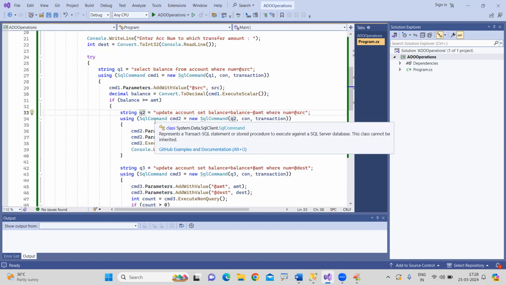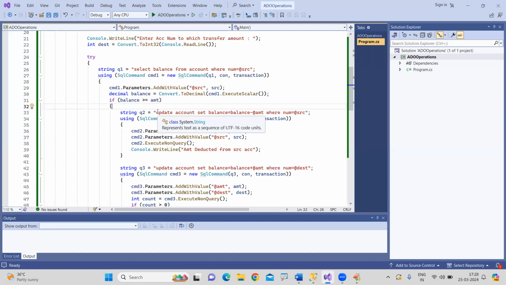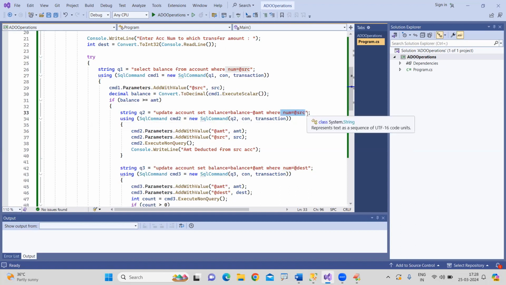Okay. Suppose if it is there, then we need to deduct the amount from the source account. We need to deduct the amount from the balance. For that, we are creating the update query. This query also belongs to the same transaction. So we are adding the values: one is the amount, how much amount you want to deduct, and the account number. Just ExecuteNonQuery. You will get the message: amount deducted from the source account,